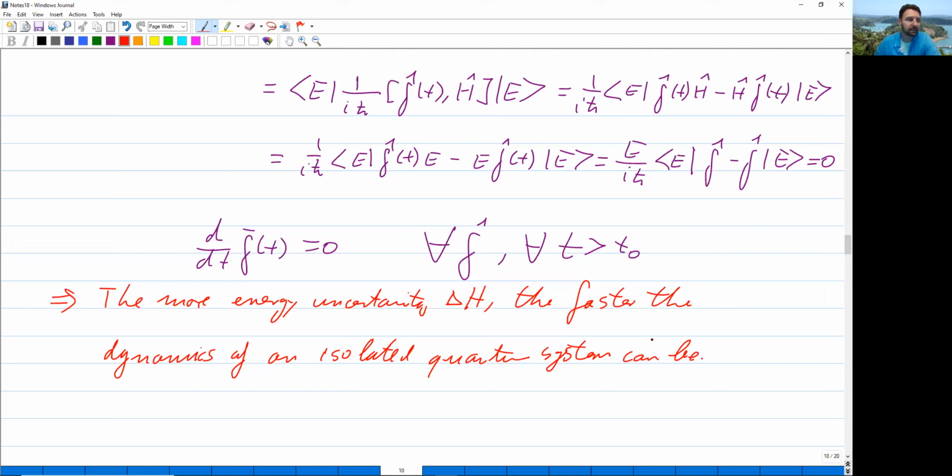This is relevant, for example, for quantum computers. There, the central processing unit of a quantum computer, the so-called quantum gates, need to be isolated in order not to lose their so-called coherence. We will get to that in detail later in the course. They need to be isolated systems as much as possible. Only when we want to read out what's happening, then we will interfere with them. But what this also means here is that as long as the system is isolated, it has a speed limit, which is determined by its energy uncertainty.